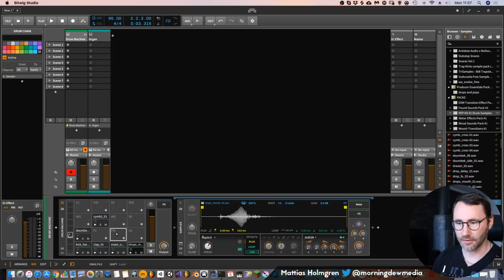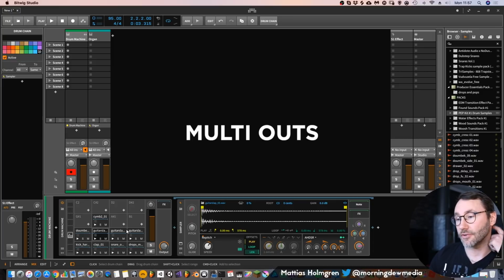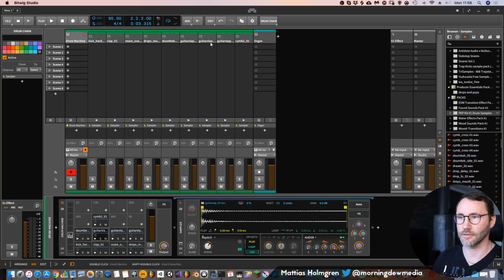Yeah, we can add some guitar slaps. And as I drag samples here, they will create a sampler within each slot in this drum machine. Now, if we expand the multi-outputs of this drum machine, you can see that we have all these individual slots as individual outputs.